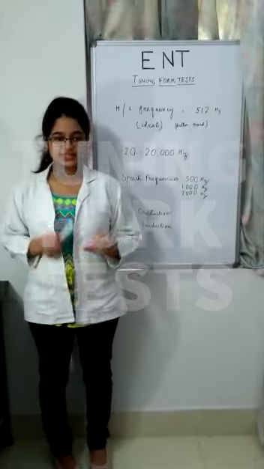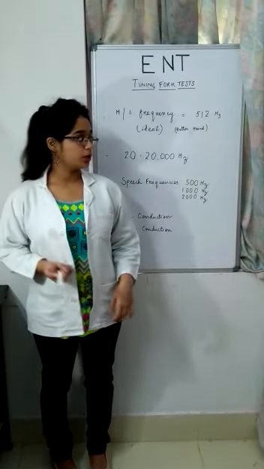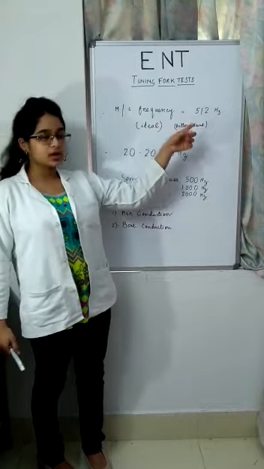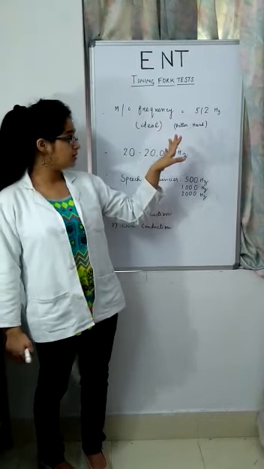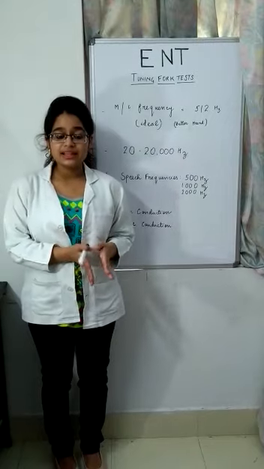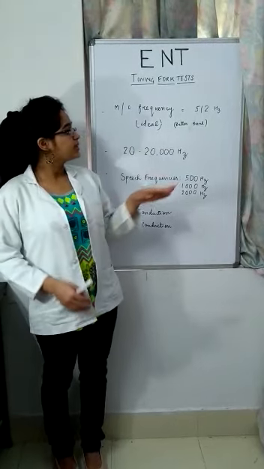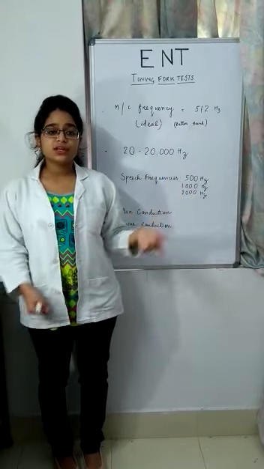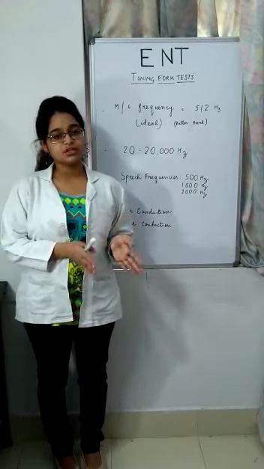Tests are used for the assessment of hearing in case of hearing loss. The most common frequency of tuning fork that we use is 512 Hz, which is considered to be ideal. Why do we use 512 Hz? Because it is better heard than felt. All those frequencies which are less than 512 Hz are better felt. That is why we use them in case of vibration sensing.